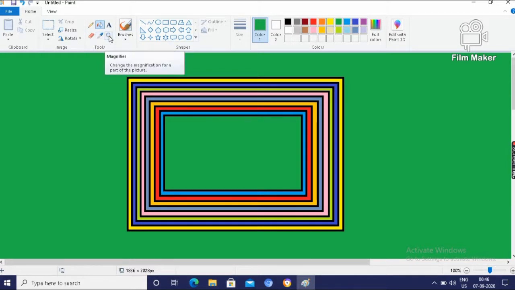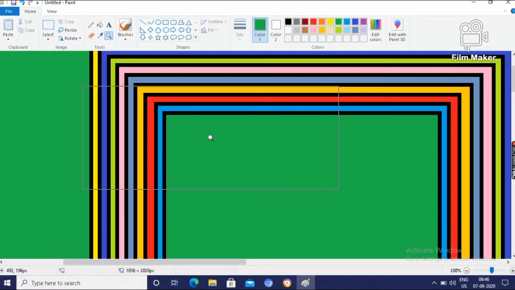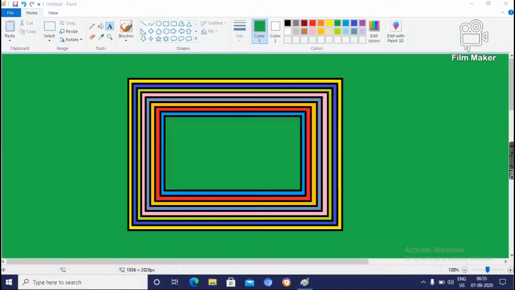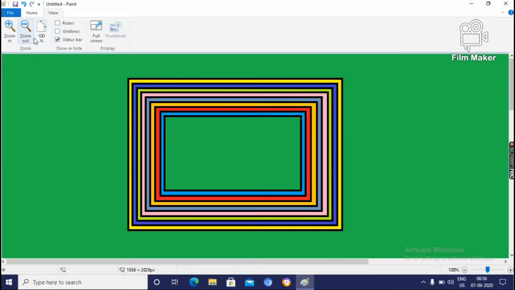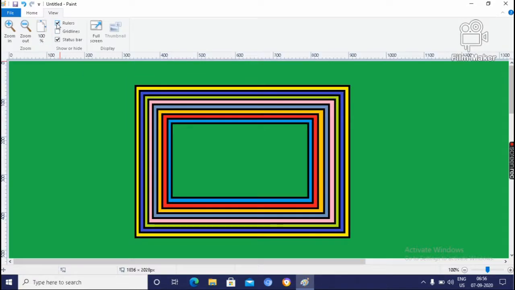This is the zoom tool. What is the use of the zoom tool? Magnifier tool, to magnify, to have the picture in bigger size. Then you can go to view, and then this is the zoom in tool, and this is the zoom out tool, and this is 100% view, and this is the ruler tool.